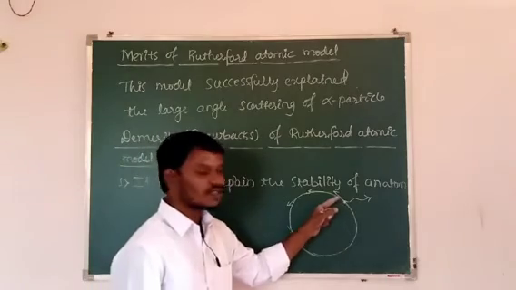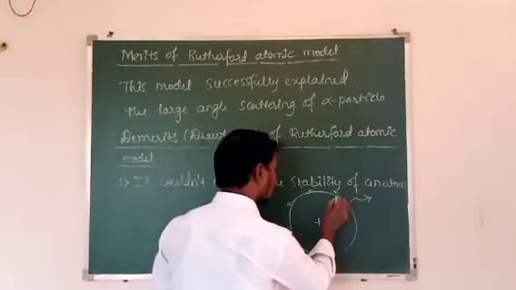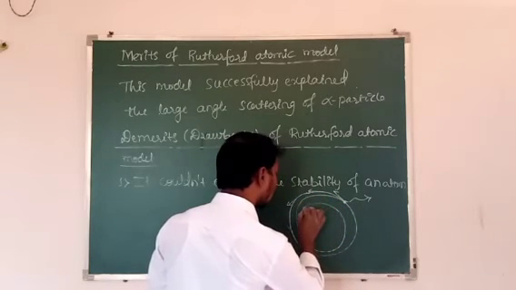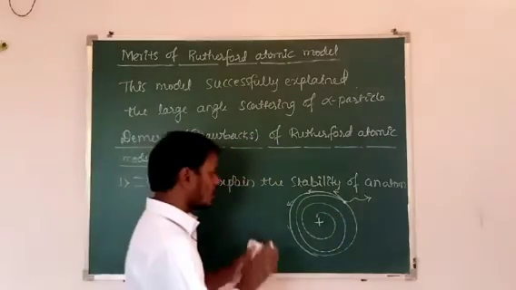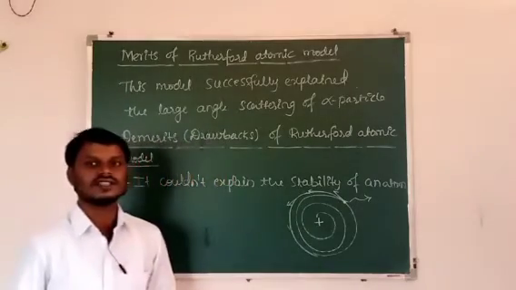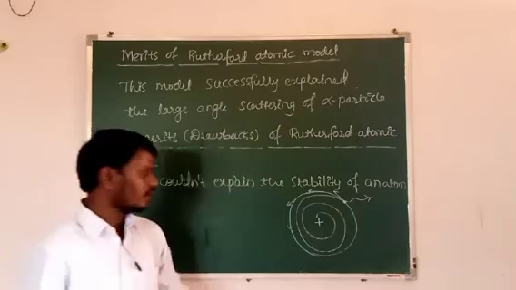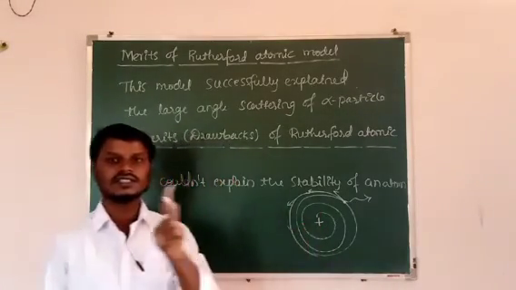Means there is a loss in energy of this electron. As there is a loss in energy of this electron, there is a decrease in radius of the circular path made by the electron, and ultimately this electron falls into the nucleus. Therefore an atom is unstable. Means atom cannot be stable. When that electron falls into the nucleus, then atom cannot be stable.